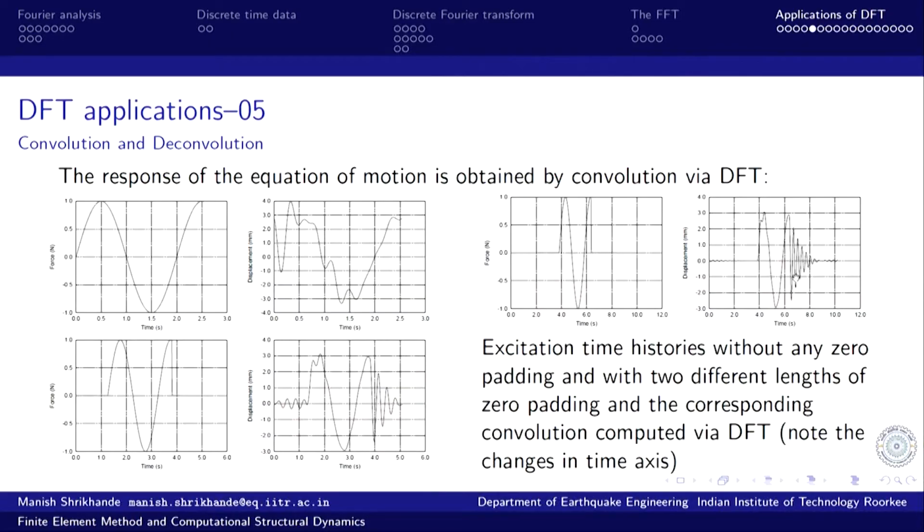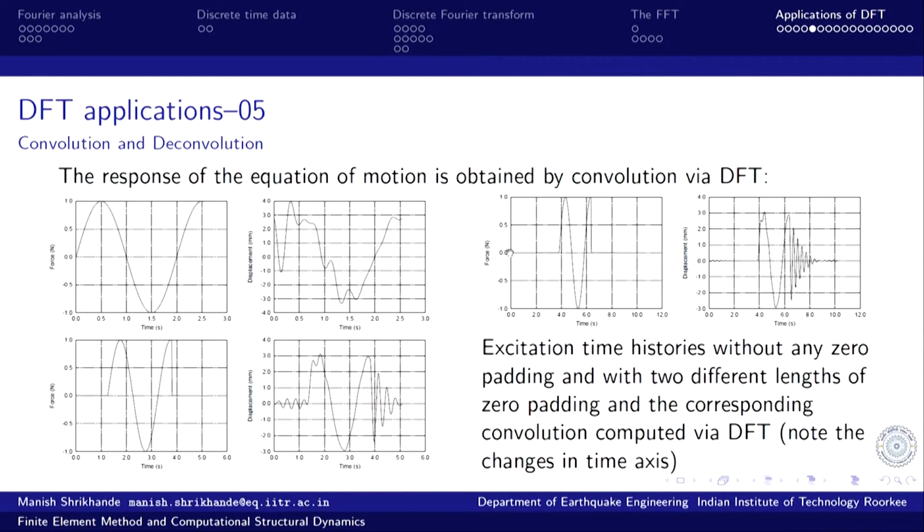That is what does not allow this response to start from 0 initial condition, because we already have some response from the previous data segment, since the free vibration response will of course be there after the excitation is removed. On top of that we add this forced vibration response again. This kind of error will always be there, and it can be eliminated only when the padding length is sufficient for this free vibration response to die down.